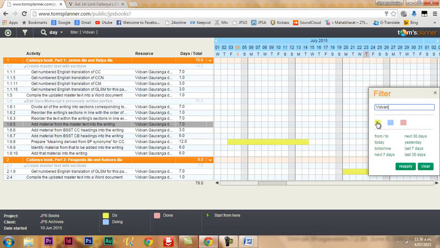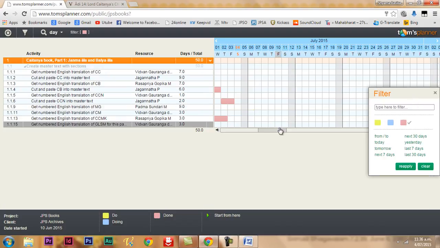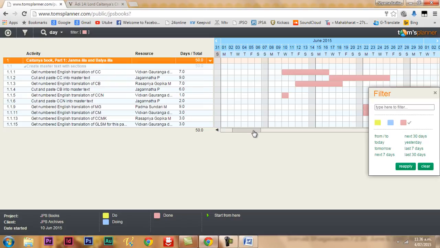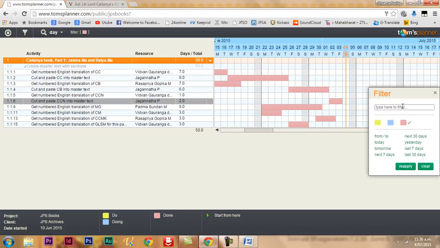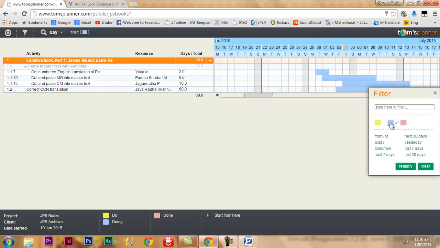This yellow refers to activity that needs to be done. So you can also search just for activity which has already been done. For instance, if you select this, this shows you all work that has already been completed so far, whereas blue refers to activities which are currently going on. So these are activities that are currently going on.